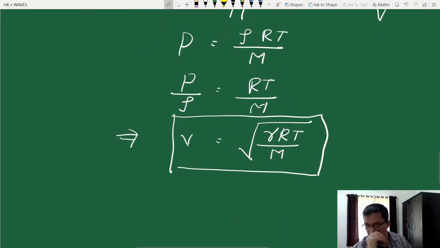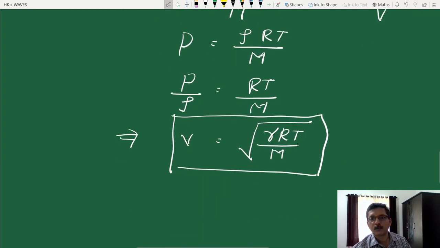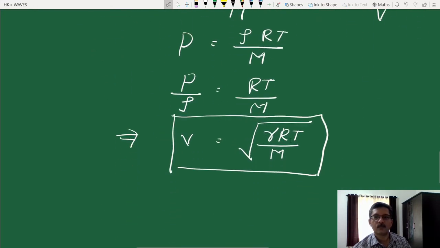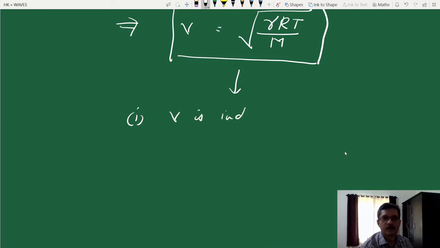So what is interesting about the second formula is that now we can see that it is independent of both pressure and density. See here, it depends on pressure and density, but carefully, when you see, it depends on the ratio of pressure and density. When one varies, the other also varies, such that from this formula it is clear that it is independent of pressure and density. So this formula shows that the speed of sound in an air column or a gas column is independent of